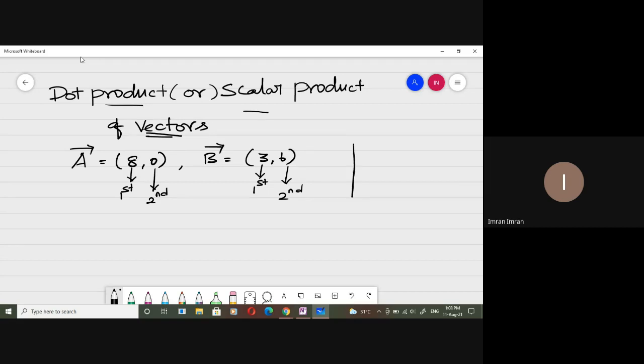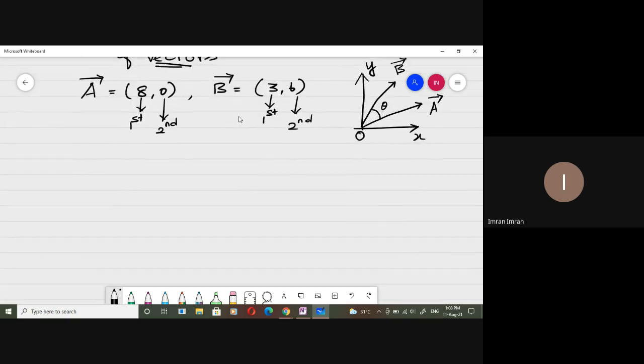What is meant by dot product or scalar product? In two-dimensional space, let O be the origin, horizontal be the x-axis, and vertical be the y-axis. The vectors arise from 0. We can take this as A vector, and we can take this as B vector. The angle between A and B is theta. Okay. Now the dot product is